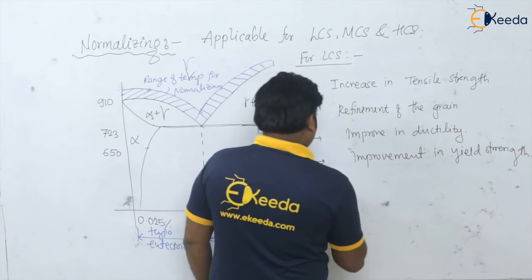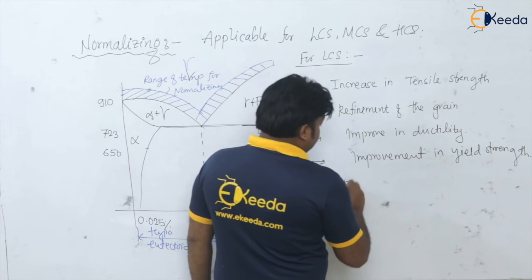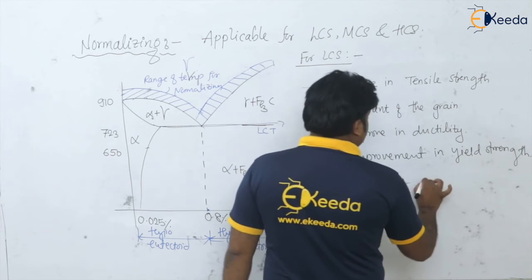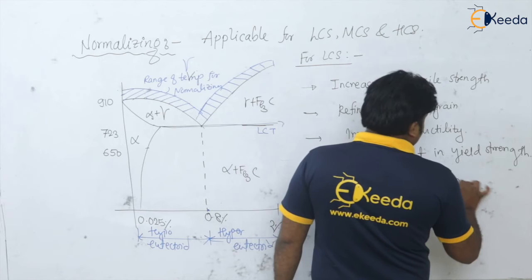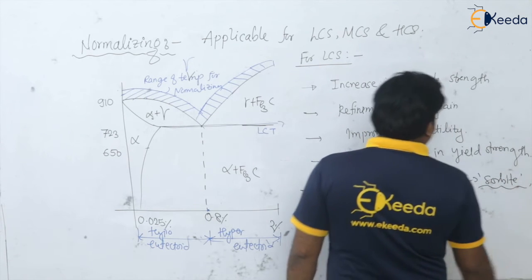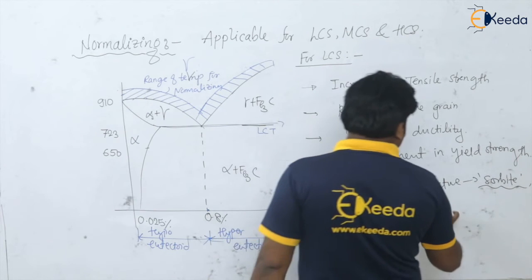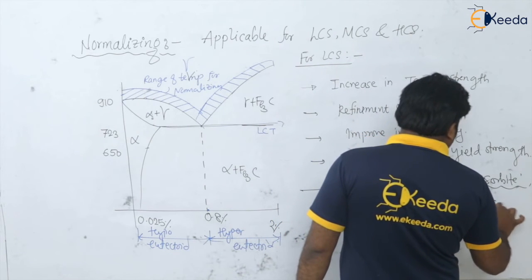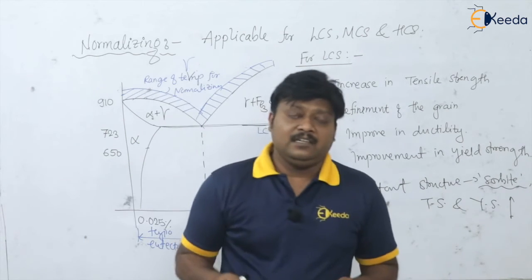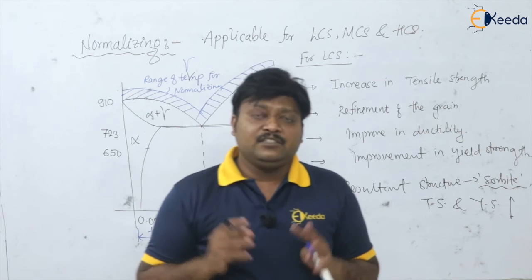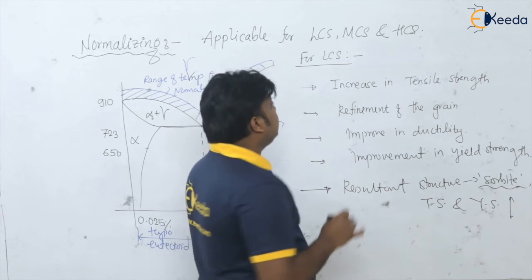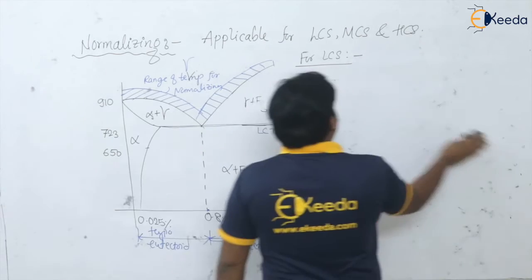So here the resultant structure is sorbite, which will increase the tensile strength and the yield strength of this material. But see, the final structure you will get after cooling, after normalizing, is the perlite. Please remember. So in general